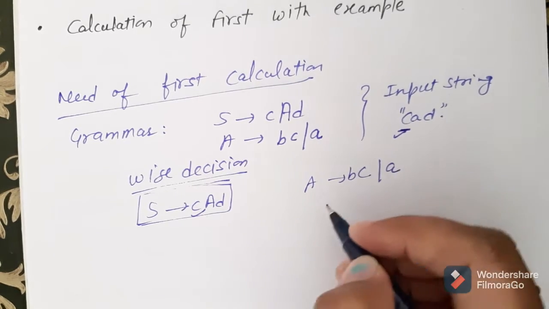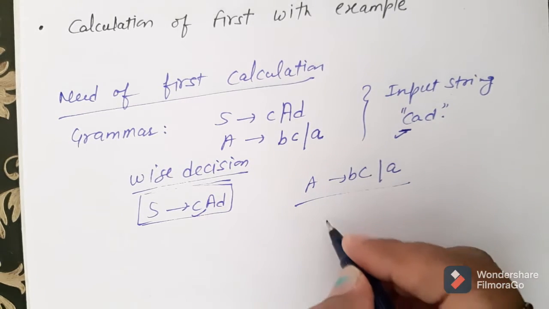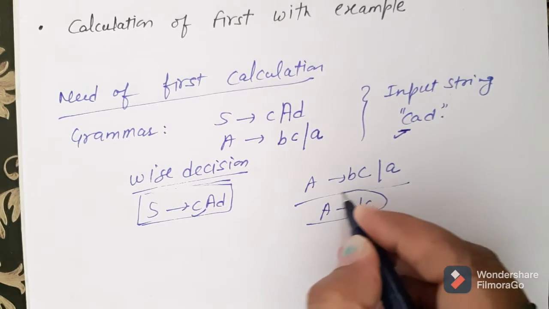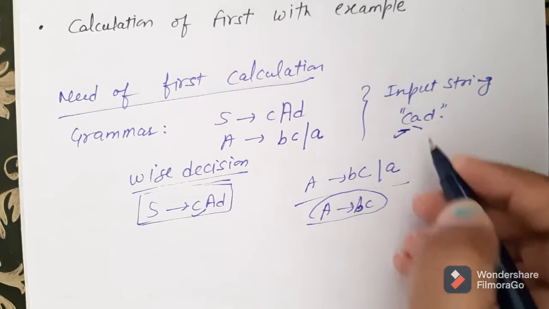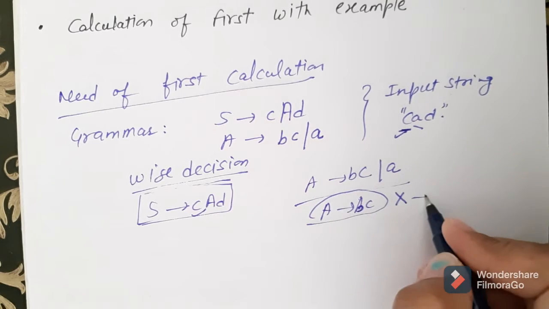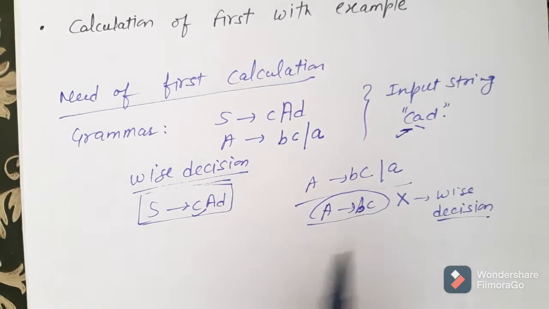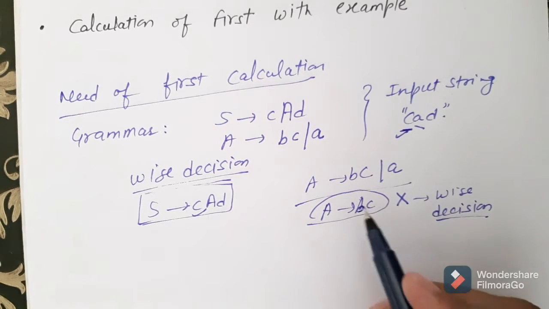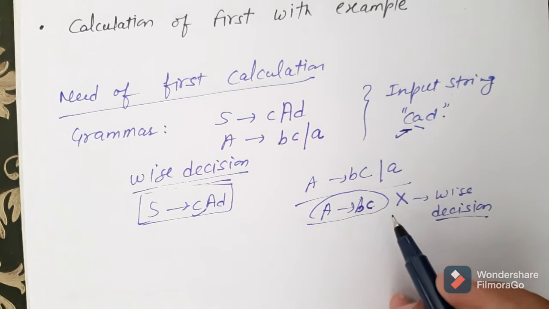After proceeding further it will choose the production A. Now the production A has two alternatives, one is BC and the second one is A. Now when A tends to BC is selected, its first symbol will be B, and in the input the symbol is A. So the parser will not go further. Why? Because the parser has taken the wise decision. What's the need of going further? Because B is not matching with this. So what's the use of looking into the remaining production?